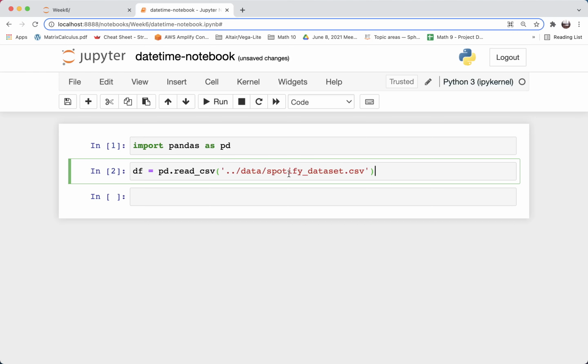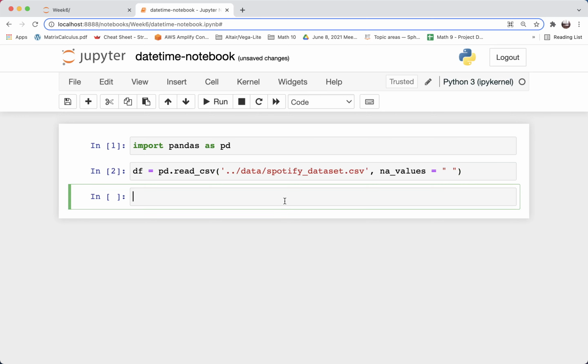Usually after we import our Spotify dataset, we have to go through and do some cleaning of it, in particular where we remove these blank spaces. There's another way to do that, which is when we import it, use the na_values keyword to say, in this particular dataset, the not a number values are represented by a blank space, and that way Pandas knows to convert those blank spaces into NumPy not a number. And so because I've done that, I don't have to do the usual cleaning, and I can just instantly use